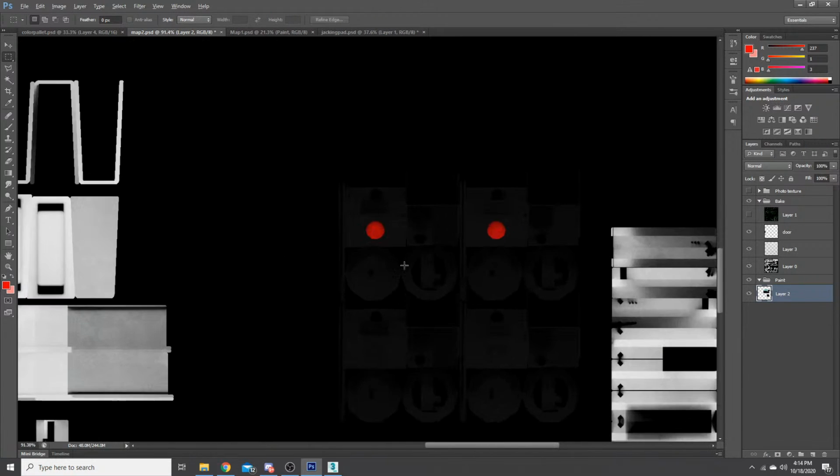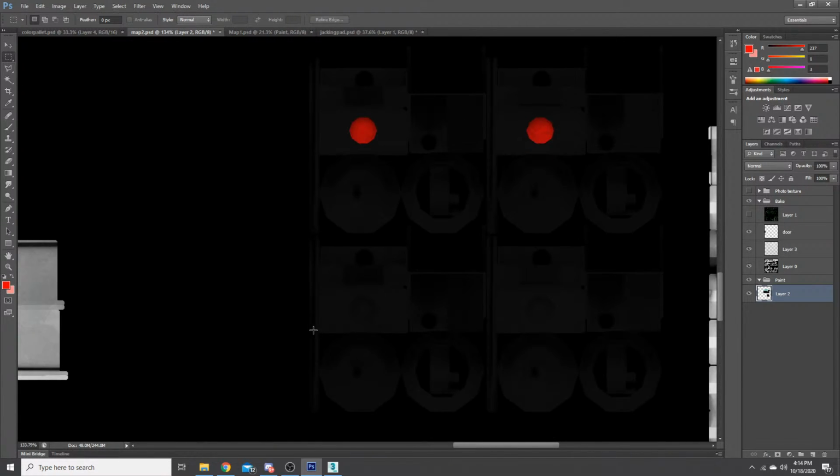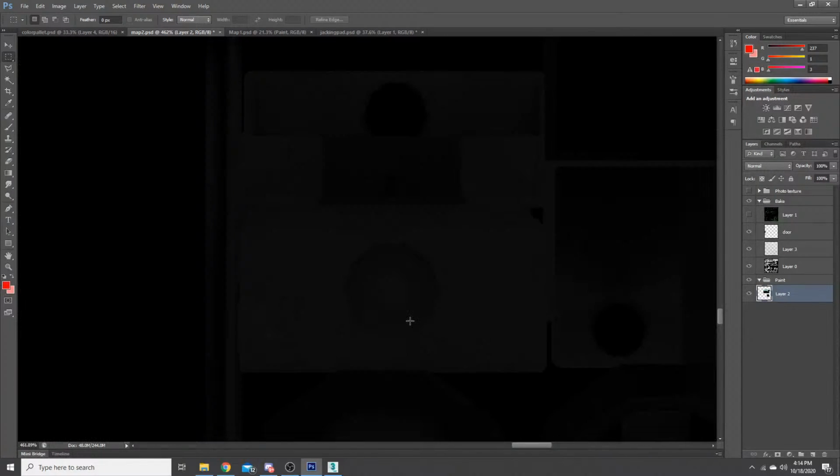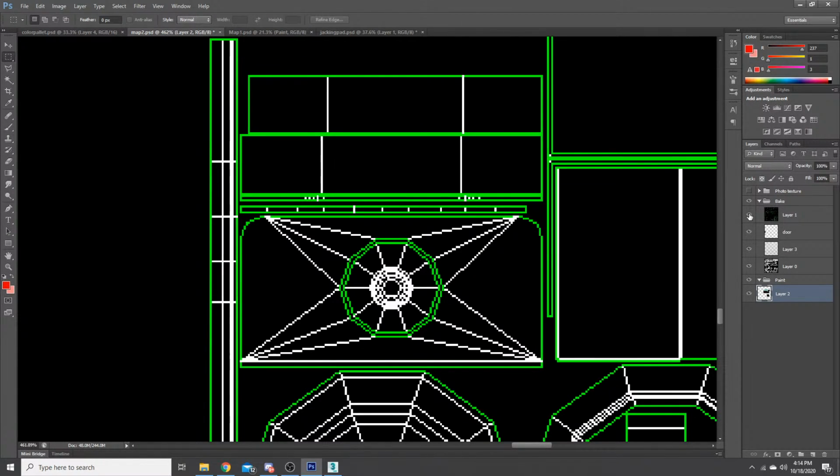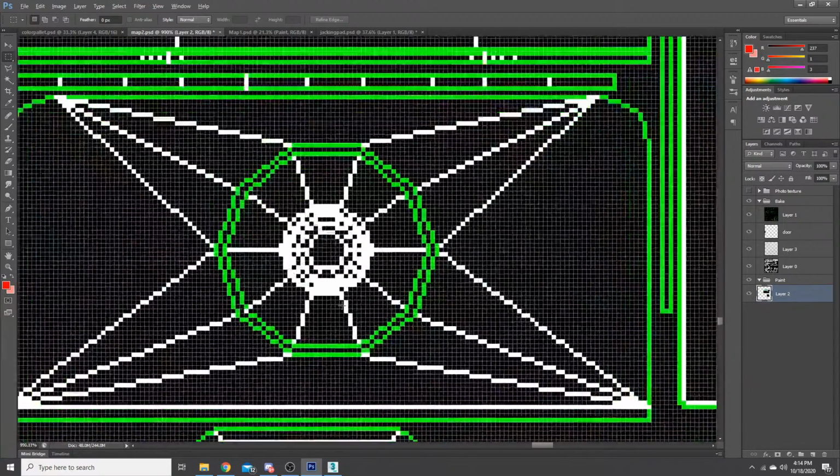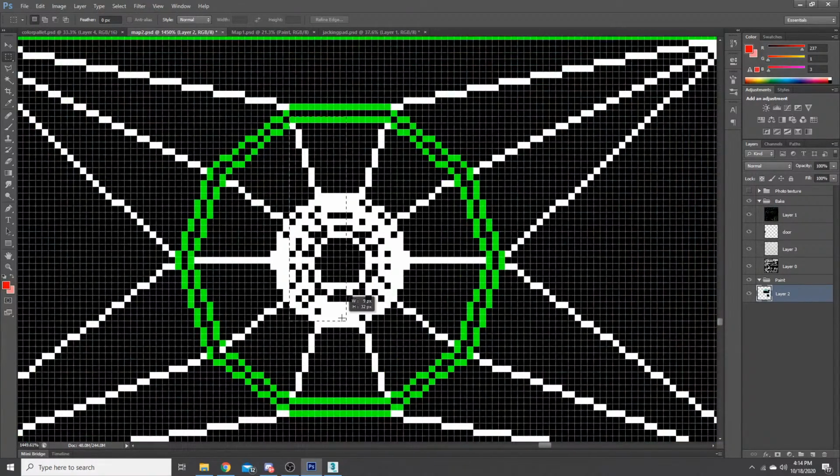So first things first, we need to finish coloring these little bits and pieces red in the center here. The way I have this broken down is I have the wireframe of each of the pieces, and all I'm going to do is select that. Select this area here, so that we can just give it a quick little coloring red.